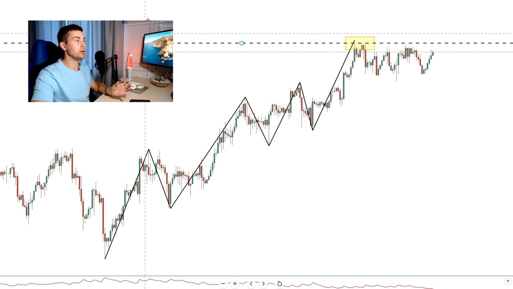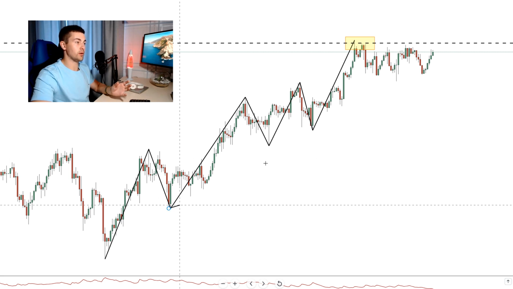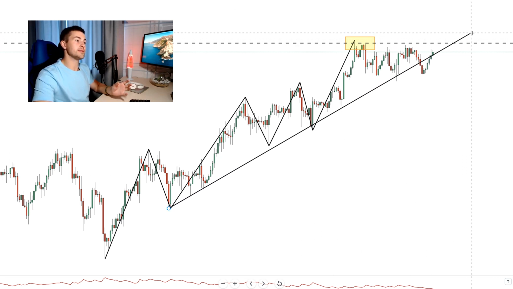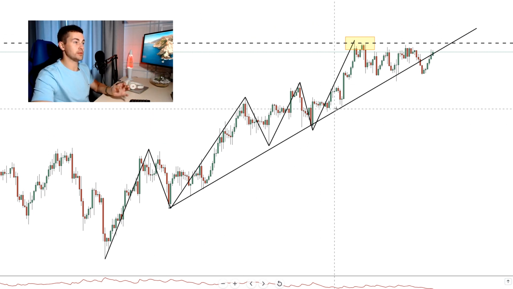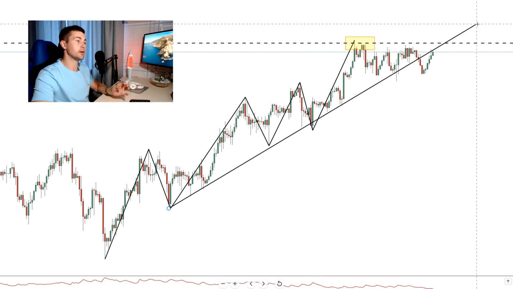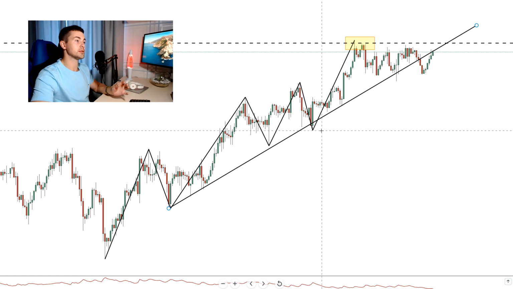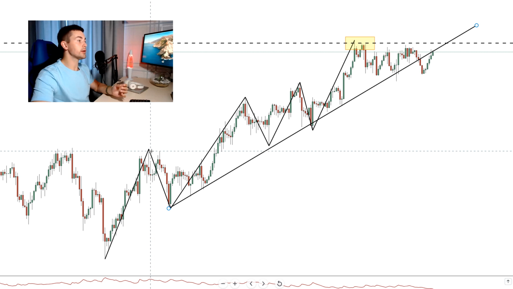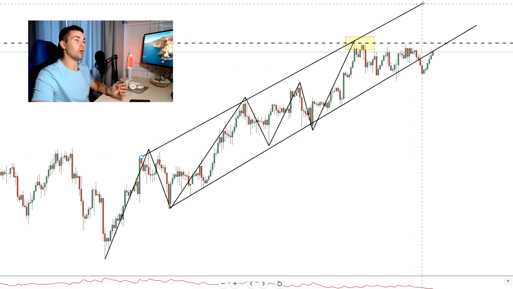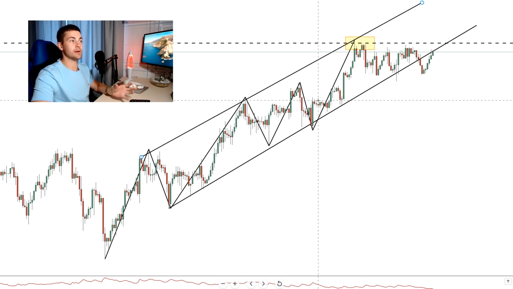Based on these highs and lows, we can draw the trend line. Here goes our rising trend line right here. Yes, you can see that it is confirmed by many touches. Many times the market tested that. With the wicks, with the candles, we saw the strong reaction from that trend line. And here goes our rising trend line, serving as the resistance.